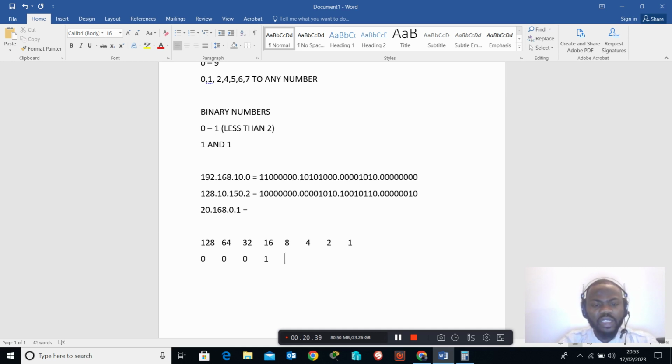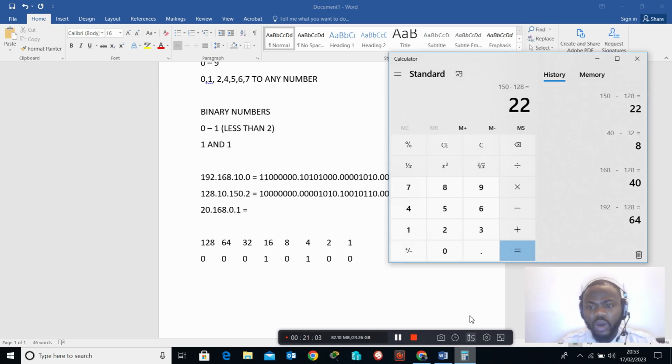And 8 is bigger than 4, so we can't do anything, that's going to be 0. And 4 is equal to 4, that's going to be 1, and then we are left with nothing. So let's do 168 now, which is the second one here. So 168, 128 is smaller. So 168 is bigger. So we are going to use our calculator and say